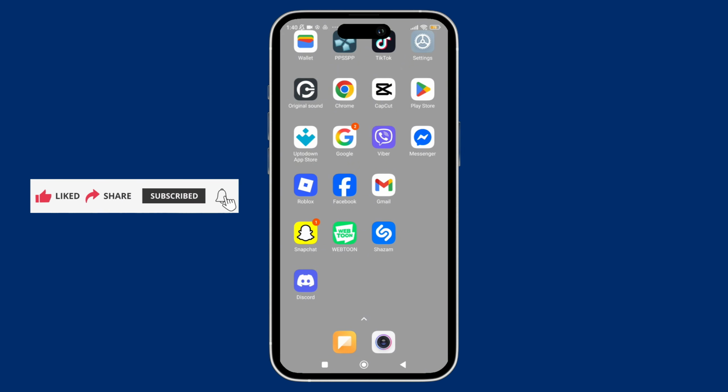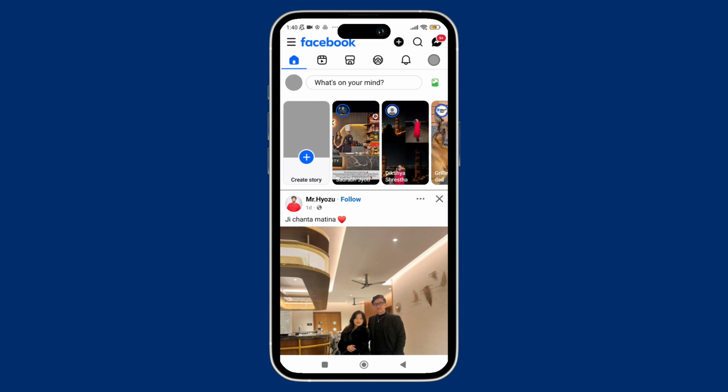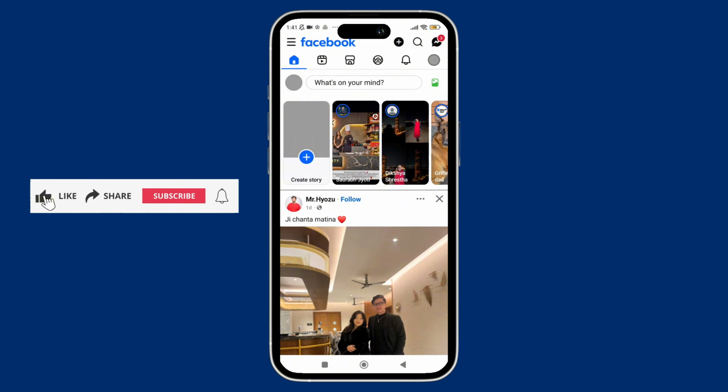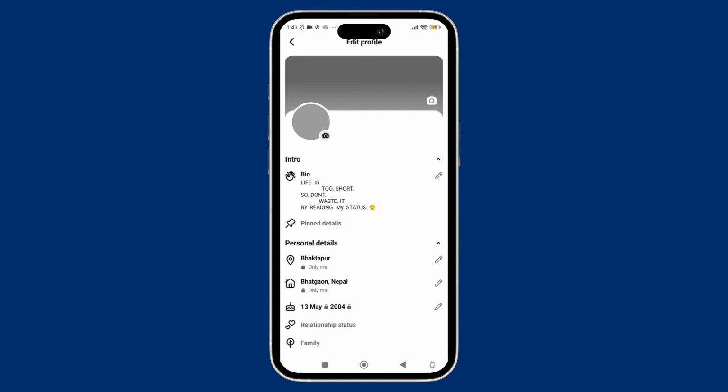First things first, open the Facebook app on your phone and make sure that you're logged in to your account. Once you're inside the app, just tap on the profile icon, which can be seen in the top left side of the screen. Once you are in the profile section, just tap on the edit profile button. After that, on the next page, you can simply scroll down